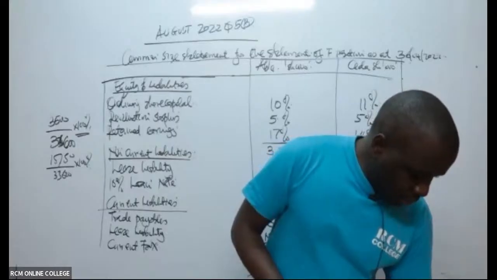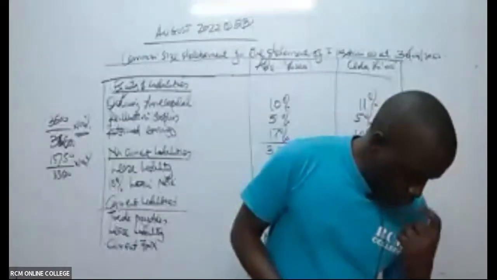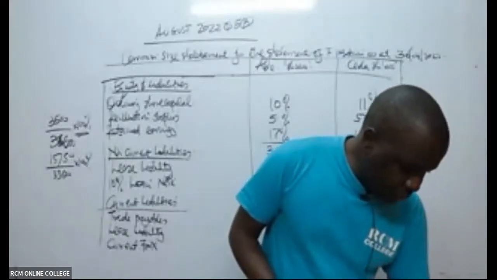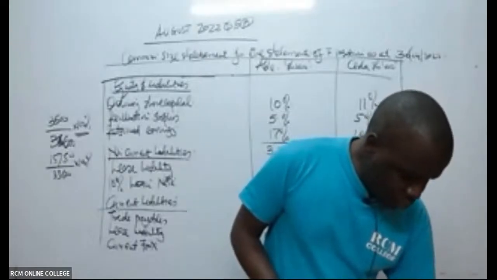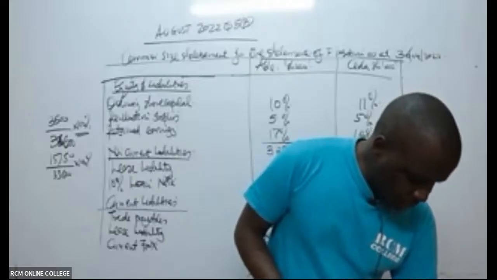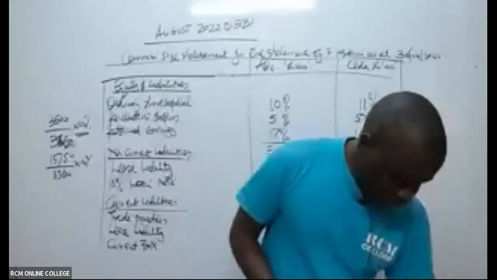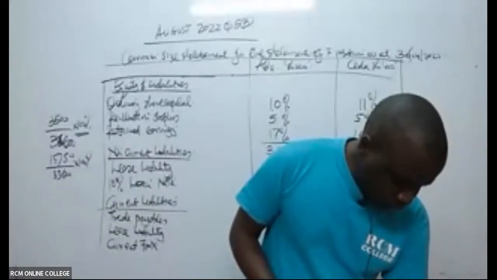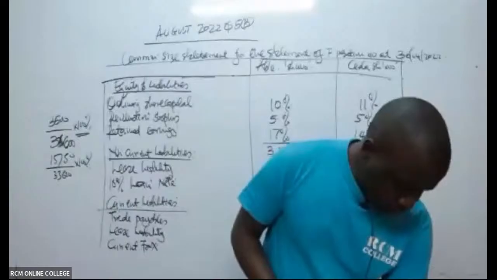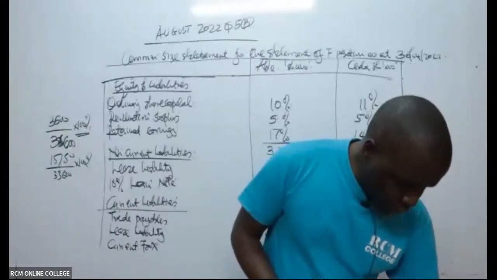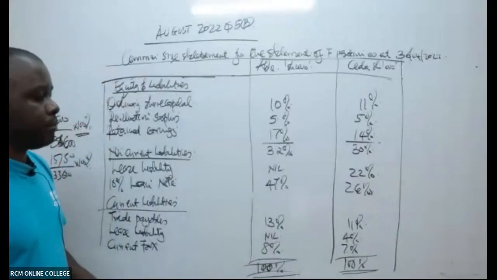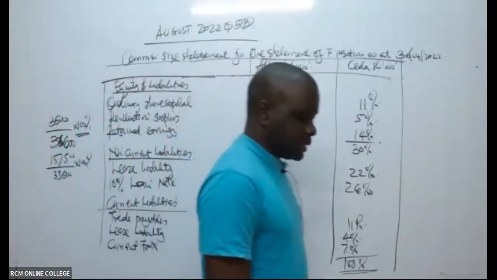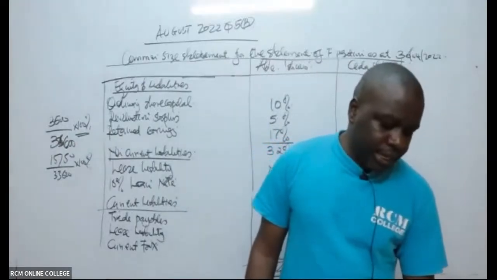So of course, that is how you would have been able to do Roman 1 and Roman 2. Roman 3 in this case wanted you to advise the directors of Dragon Limited on the best company to take over. So if you look at the common size statement we've prepared with regard to the profit statement, then you realize if you look at EBO,